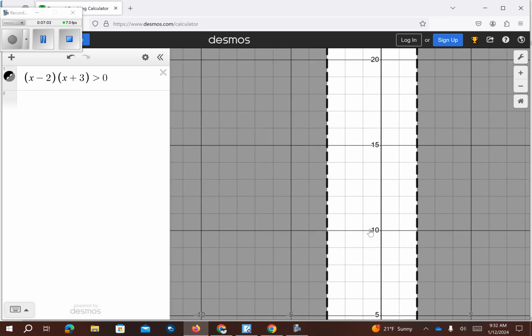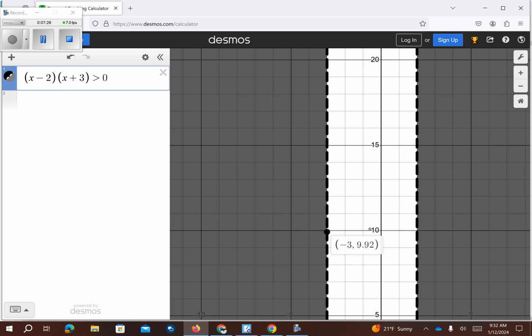So we talked about this yesterday. Why do we have a dotted line versus a solid line for my graph itself? What took place on that one? It's because the inequality sign doesn't have the equal, the little extra bar underneath. All right, so here, it's not going to really tell me. Here and here,